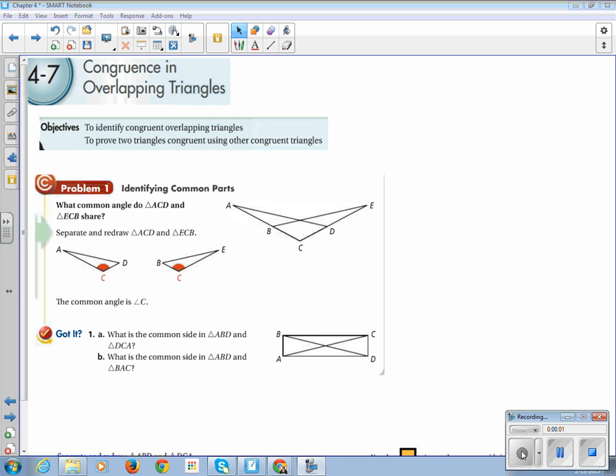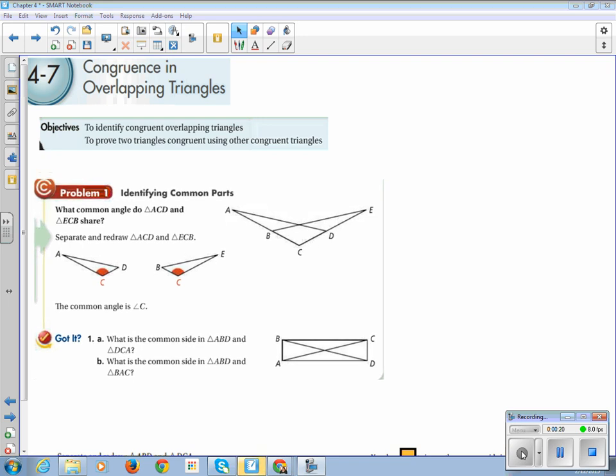All right, so this is Chapter 4, Section 7, Congruence and Overlapping Triangles. Our learning objective is to identify congruent overlapping triangles and to prove two triangles congruent using other congruent triangles. So the first example we're going to see of that is